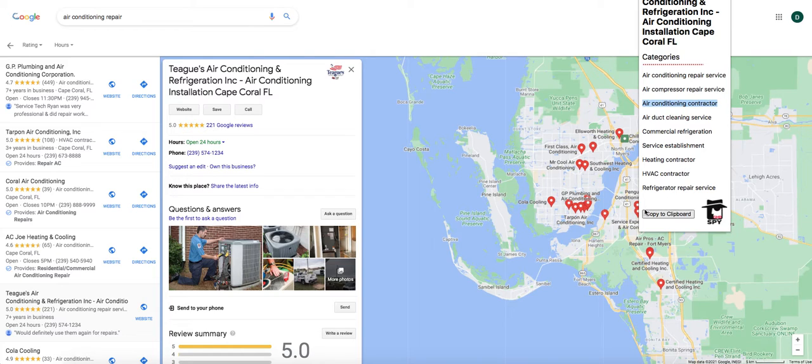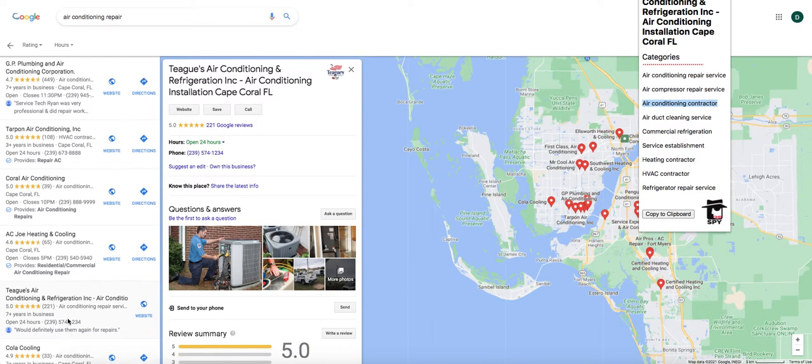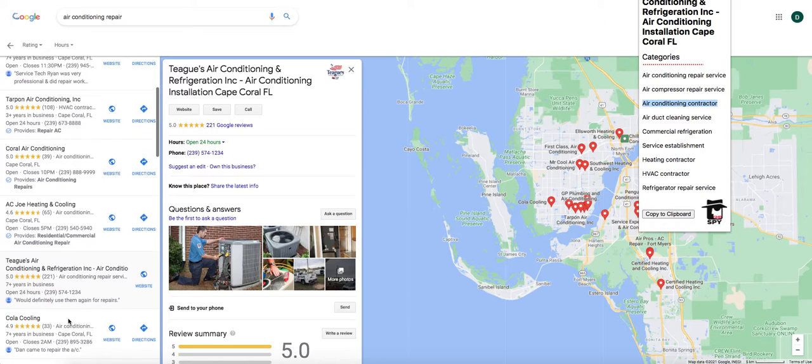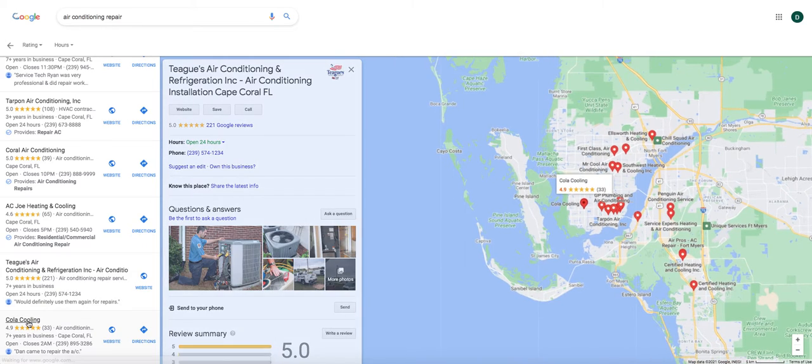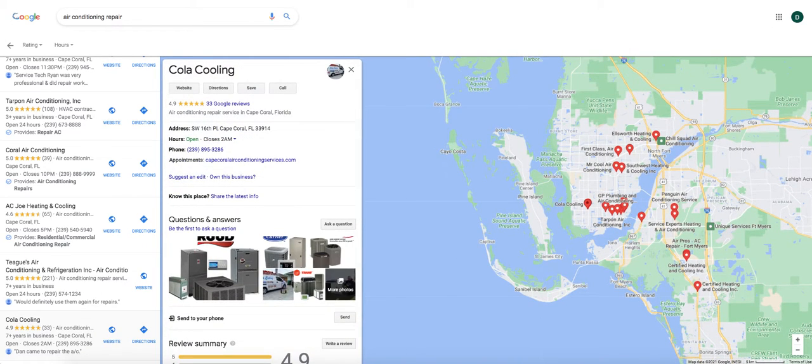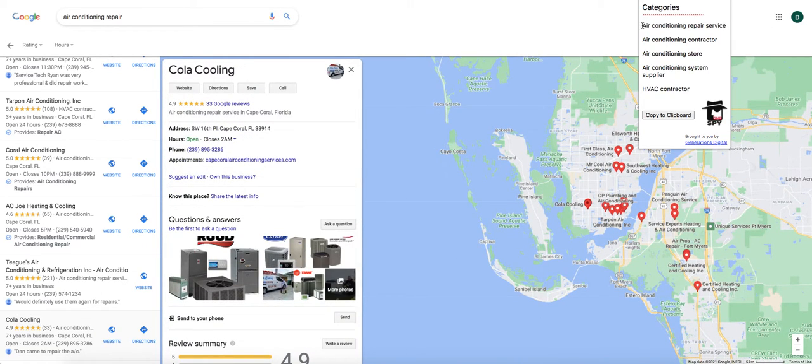And you want to make sure that you're picking ones that are very appropriate to your business, but these should give you a pretty good indication. The companies that are actually ranking well in the local maps listings, these are what they're using. So these are a pretty good indication of what you should be using, and obviously you want to mold it specifically to the main purpose of your company, the main service that you offer, the type of service